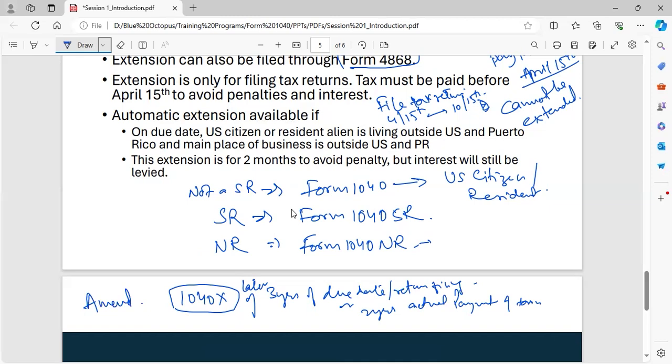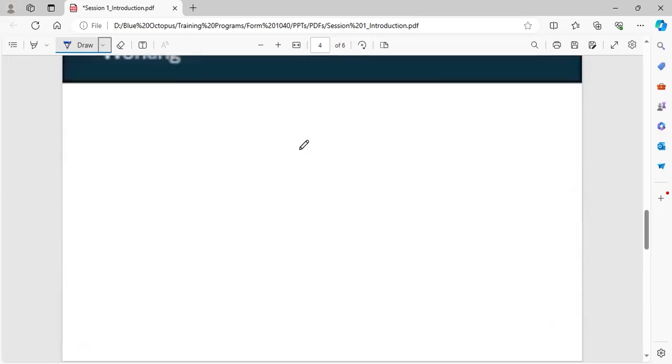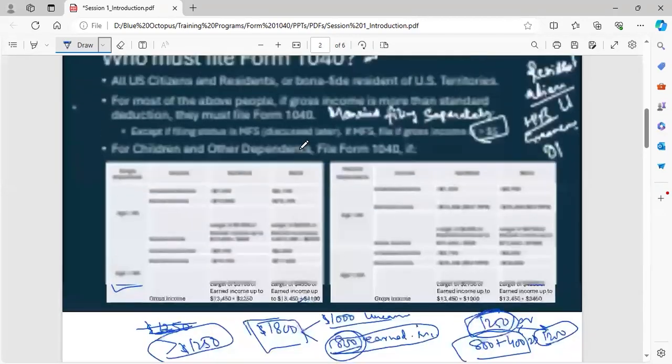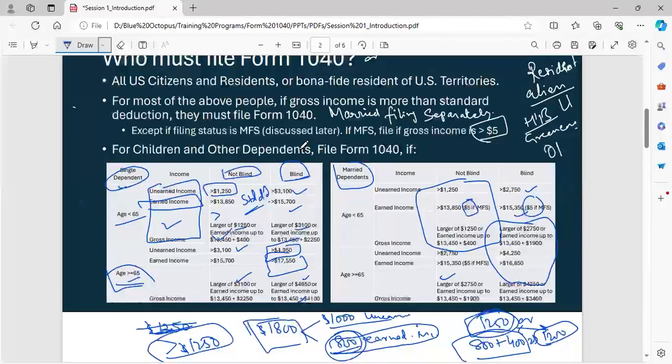Okay, so this was a very basic idea of how to start with Form 1040, the individual tax return. These are the people for whom you have to file. So just keep this in mind. The first thing that you need to see is whether the person is a US citizen or a resident or not. If the person is a US citizen or resident, then only you will say that, okay, you are liable to